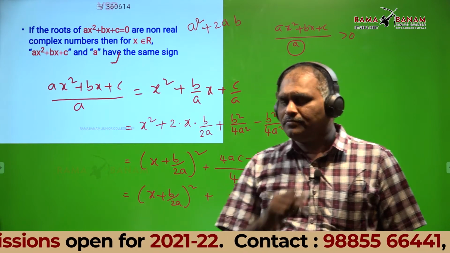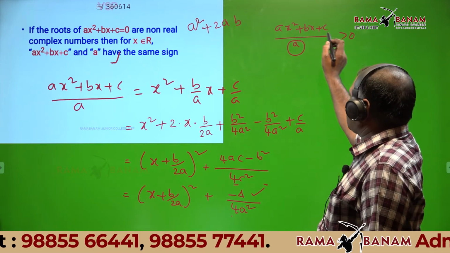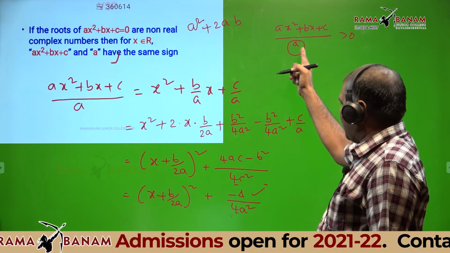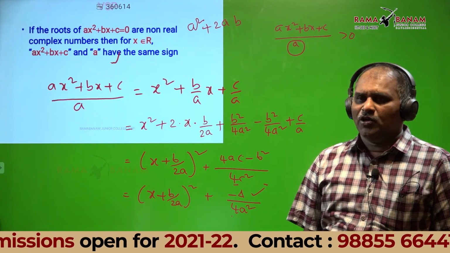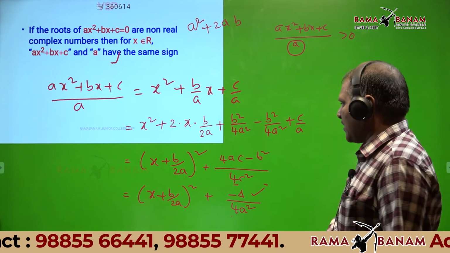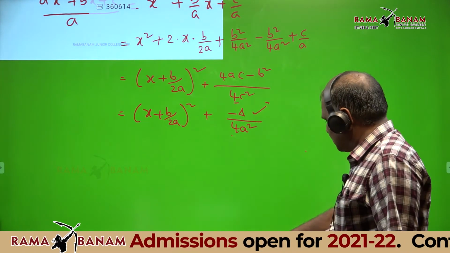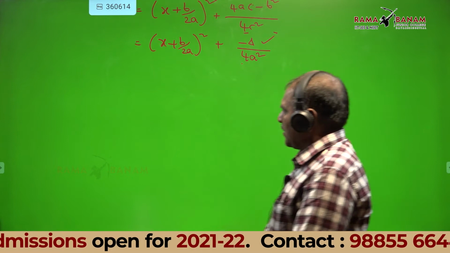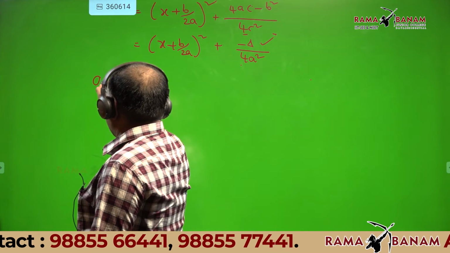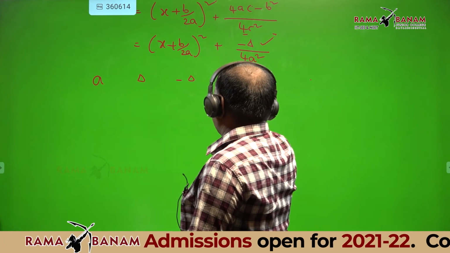Do you understand? Here the quadratic equation's sign, either positive or negative, depends on a and minus delta. Do you understand? Yes, sir. Therefore, listen, I can give some table. Here a will be there, delta will be there, minus delta, and f of x is there.